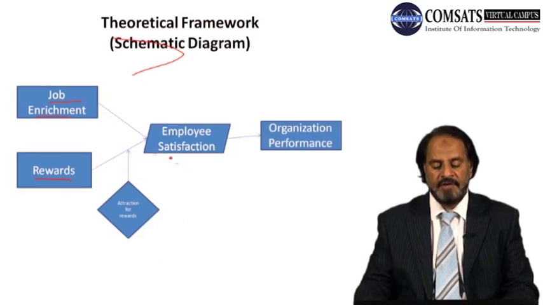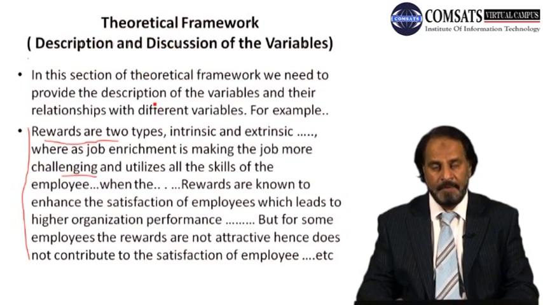We're saying that attraction for rewards is a moderating variable, whereby if the attraction for rewards is there, then only satisfaction will be achieved. That is, the employees for whom the attraction for rewards is there are the employees who will be more satisfied, and once they are satisfied, you will find higher organization performance from them. So considering these things, we basically looked at that there are 2 steps to developing a theoretical framework,